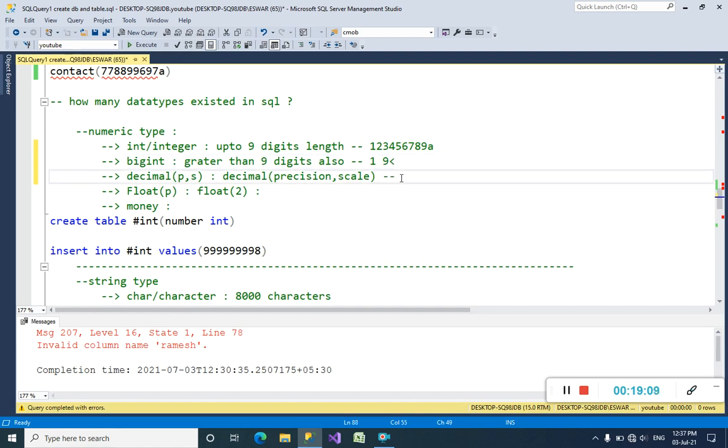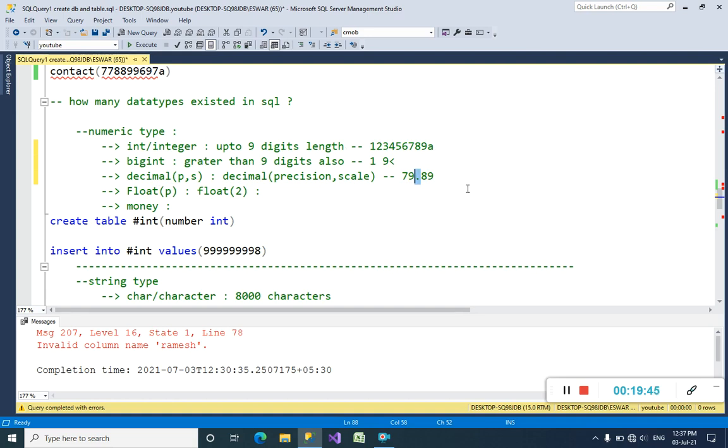Coming to decimal, it is a floating value, guys. If you want to store student grade points or a percentage, like 79.89%, how can we insert it by declaring that column as an integer? Integer accepts only digits, right? The dot, or full stop, is not accepted in an integer type.